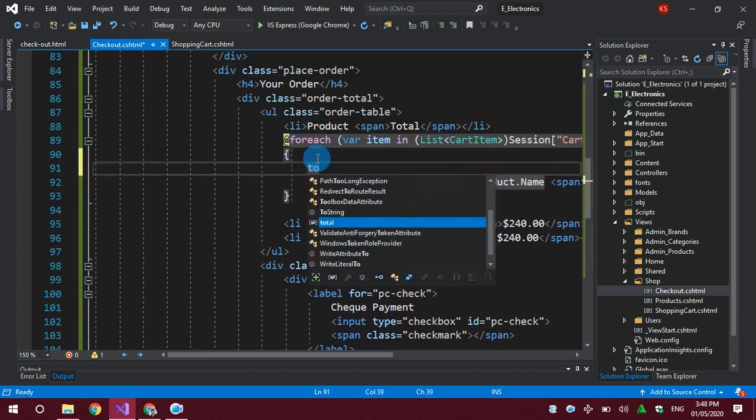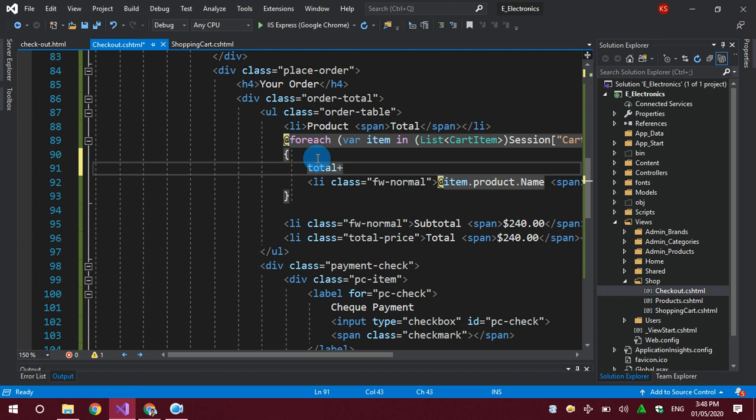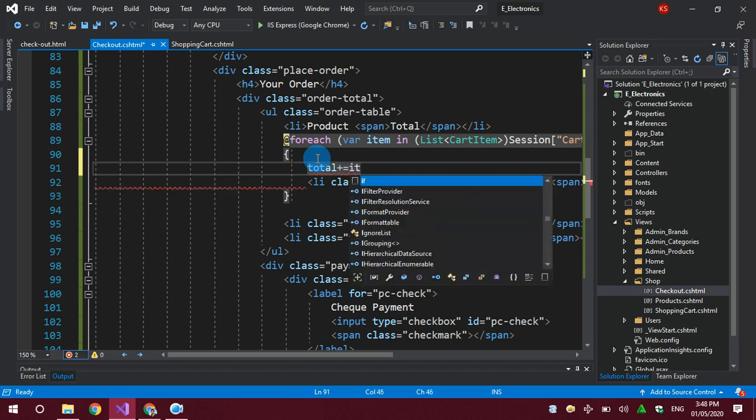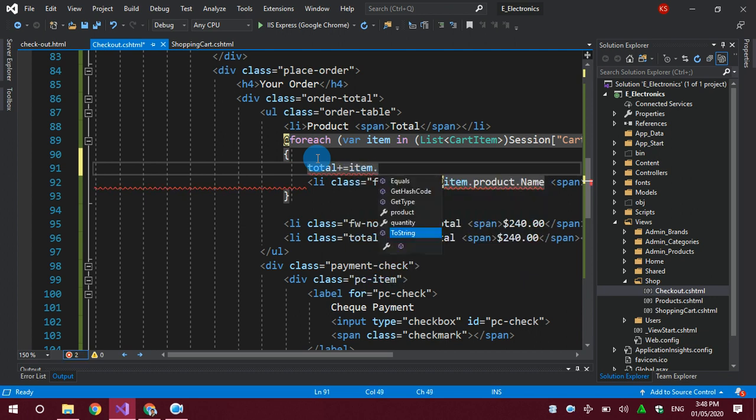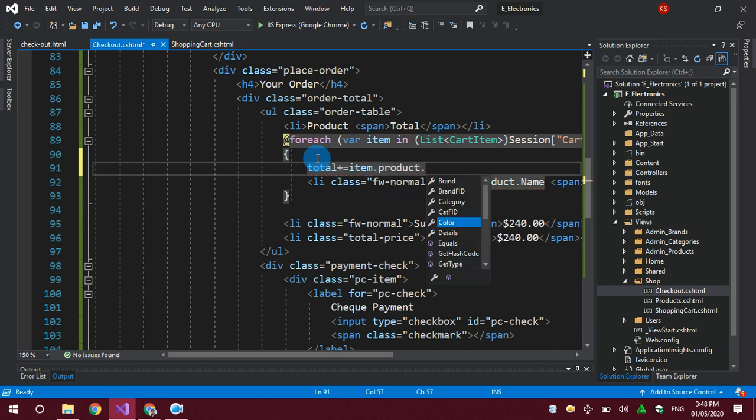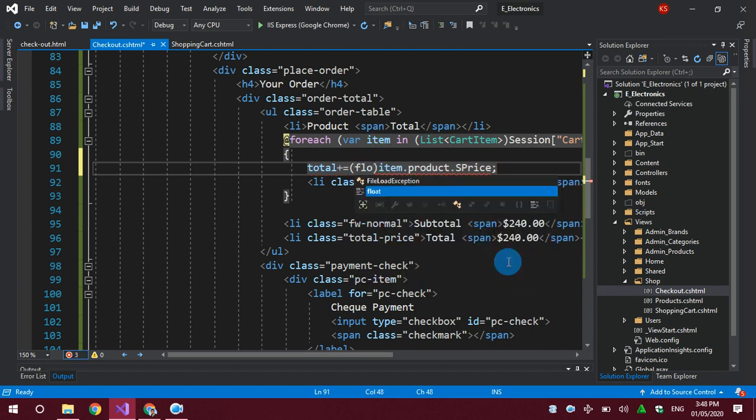Total plus equals item.Product.SalePrice. Here the total will be updated every time, but the price is in another type, so I have to cast it into float.